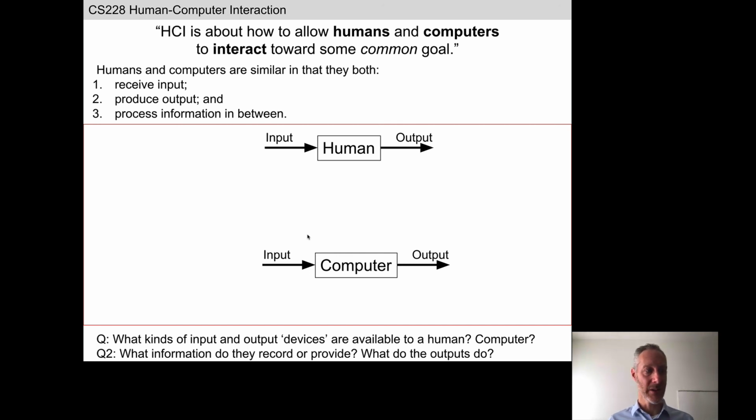LiDAR, that's a good example, yep. So using lasers to pull in information about objects that are close or far away from you. Scanner, microphone, touchscreen, leap motion, exactly. So for many, many decades, there were basically 2 input devices, keyboards and mouse. Before that, there were punch cards. But in just the last few years, the number of types of input devices has proliferated and seems to be accelerating.